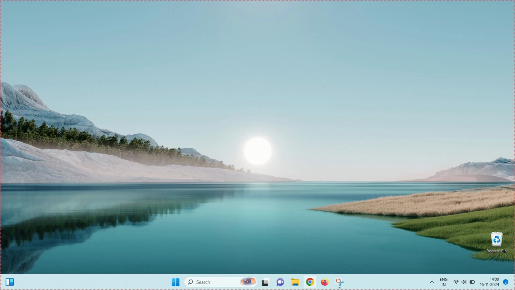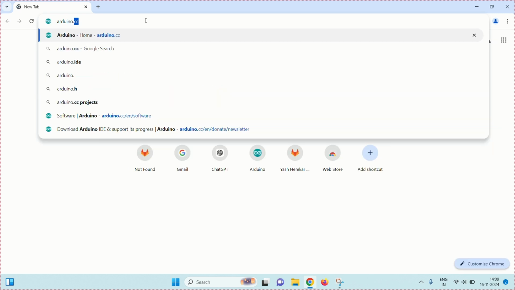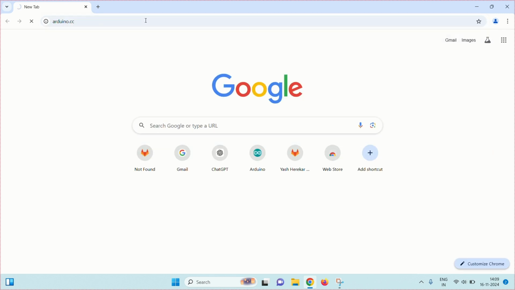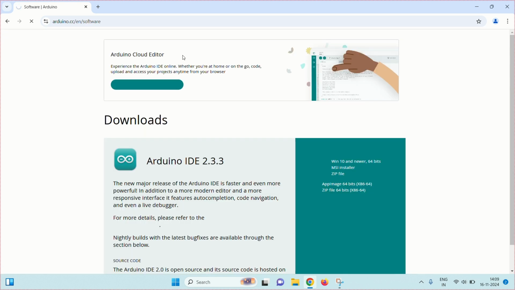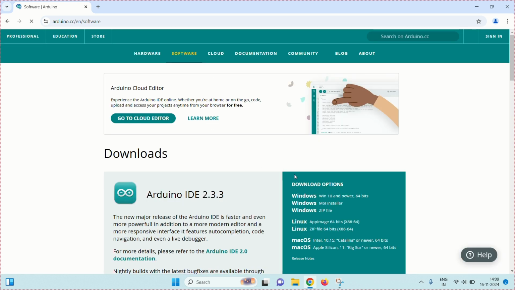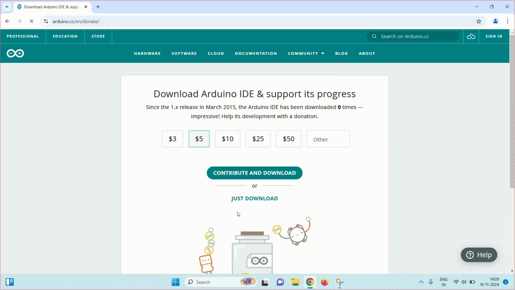Installing the IDE on Windows is pretty straightforward. Firstly, open up a browser of your choice and point over to the address bar and type in arduino.cc. Make sure you get the spelling right. Then click on Software and then click on the first download option where it says Windows 10 and newer. Then click on Just Download,